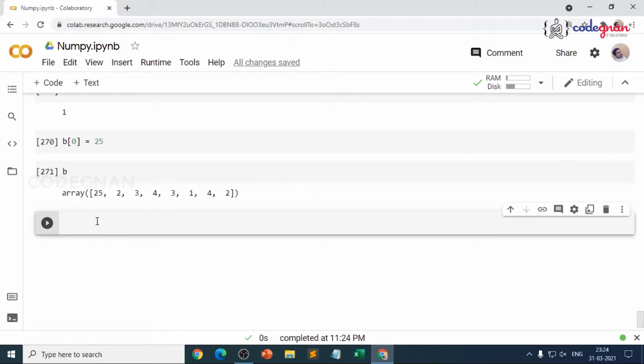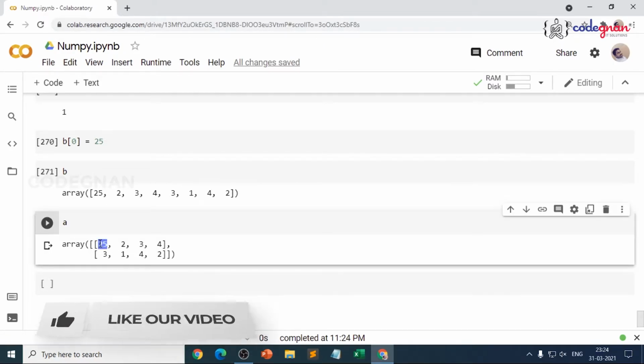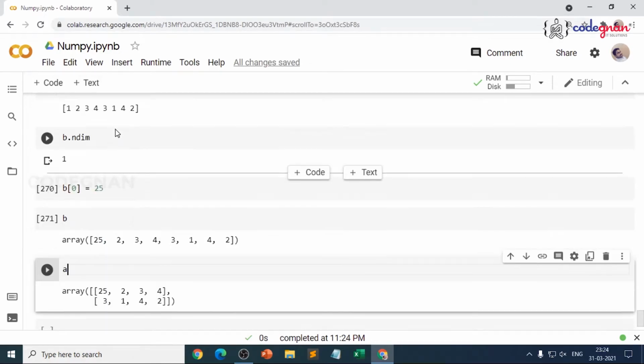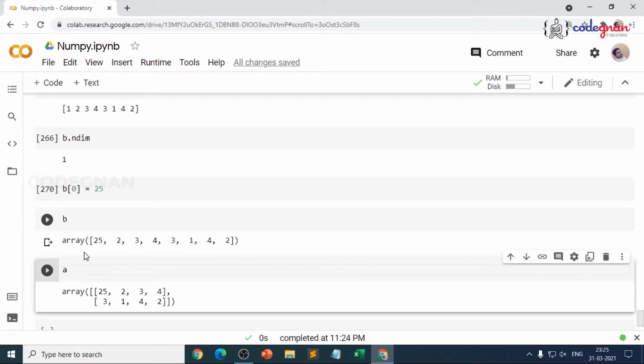Okay. You may think that A is same, but no. When you go for A, the first value will also change, because we are taking the reference. That means if you change within the formed array, the original is also affected, because A of 0 is the first row, first column, first element, because you have changed B of 0.